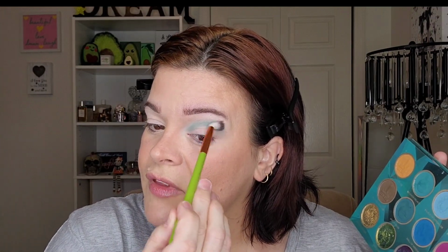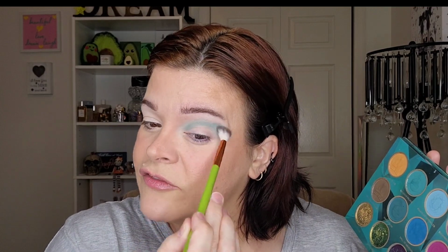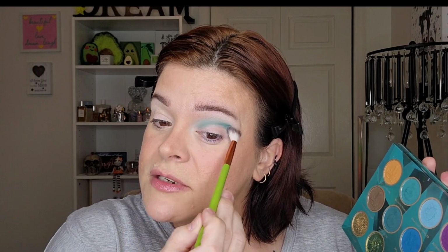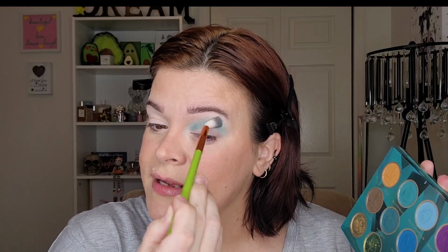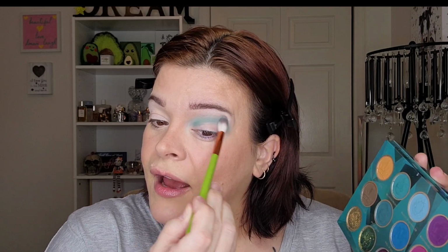That is the key. If I went in with a kind of smudger brush, a more flat, kind of packed brush, I'm going to lay down more pigment. If I go in very softly, tap it off, and then automatically start moving it around, I'm going to end up with a little bit of a softer blend here, instead of it giving kind of full opacity. Now, of course, as you'll see through the other looks that I've completed, you can definitely get full opacity here,